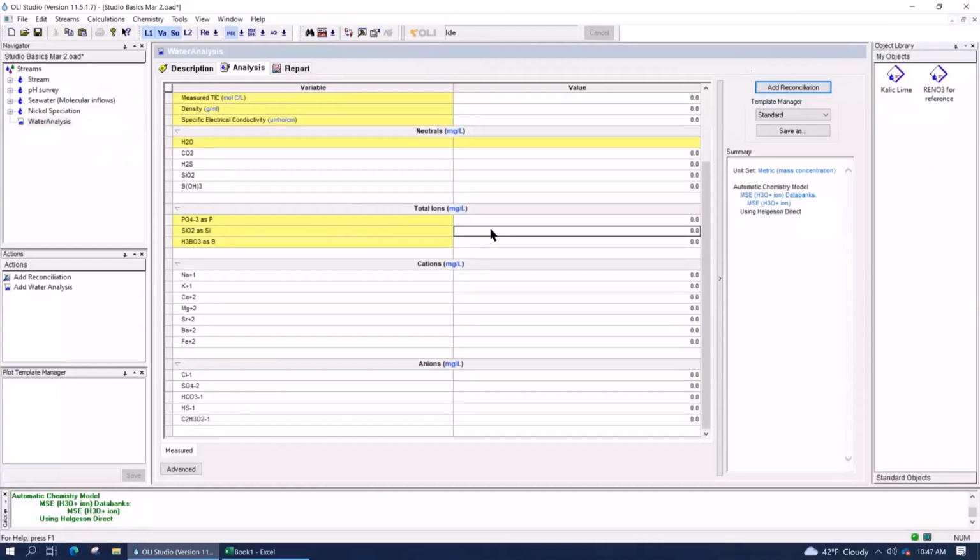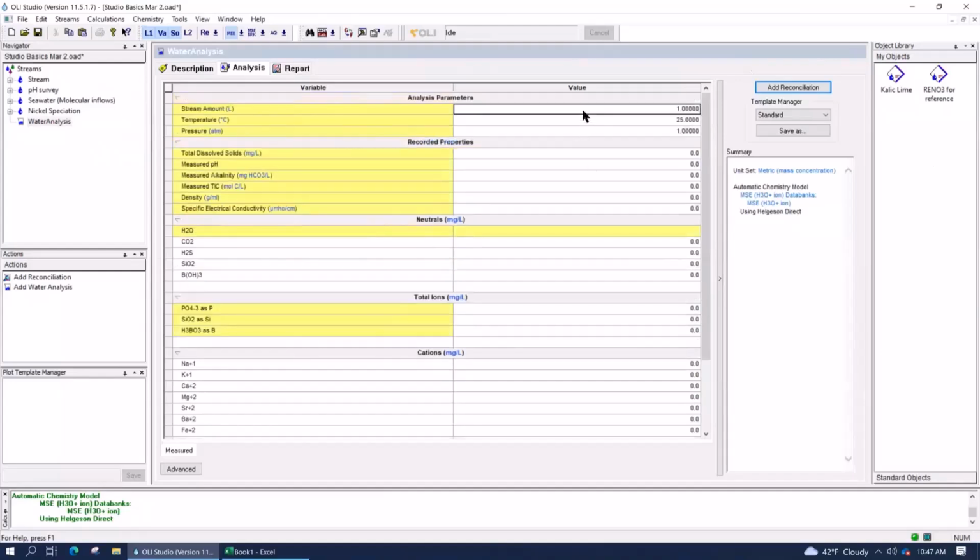No, it can apply to some of them, because what we're going to do is the lab is going to have a sample, and the sample is going to be a 1 liter sample. It comes into the lab. They'll probably filter it or digest it first. So they may filter out solids. They may even filter out things like emulsions, or do things like solvent extraction to remove, let's say, the organics and then test it. So depending upon the experiment that gets done, you're going to use different pieces of the software to capture that.